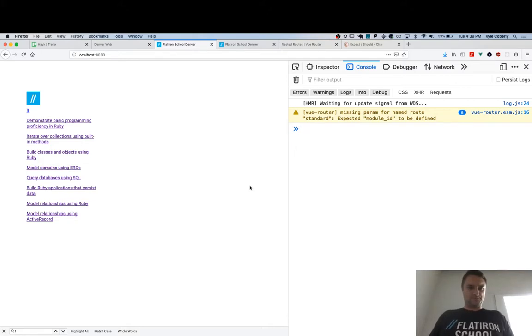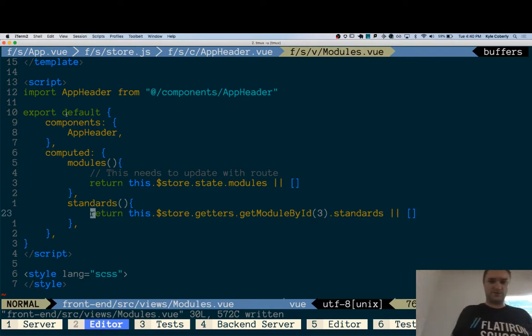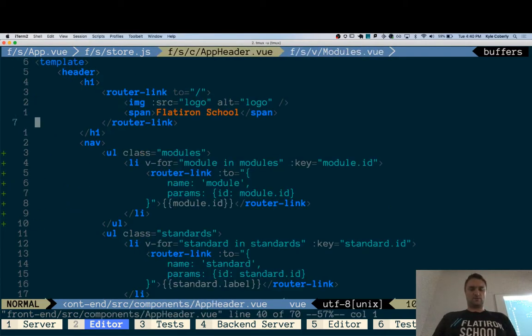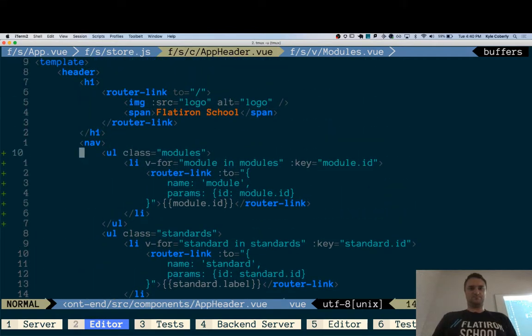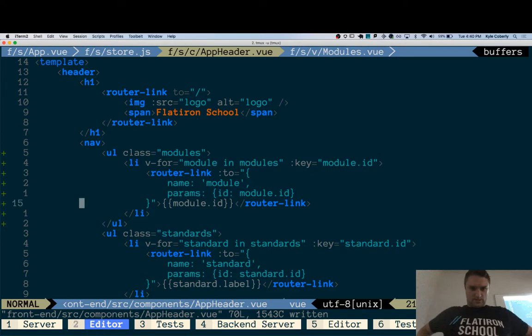All right, so I want to see this list of modules up there, getting these standards hard-coded. What's next? If this thing gets passed in standards, it's in good shape. And